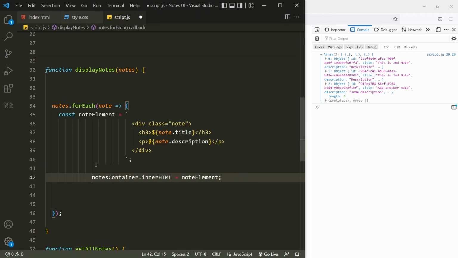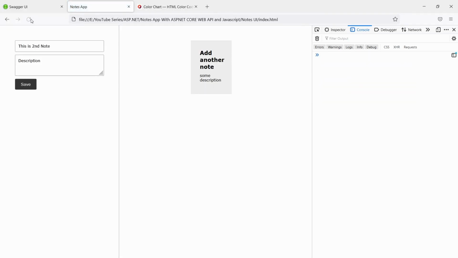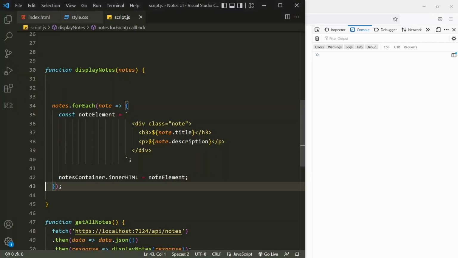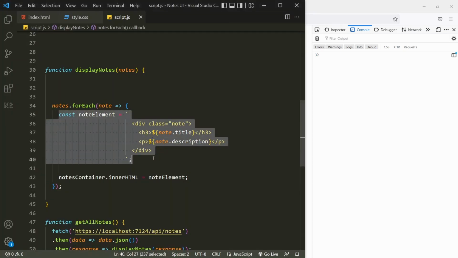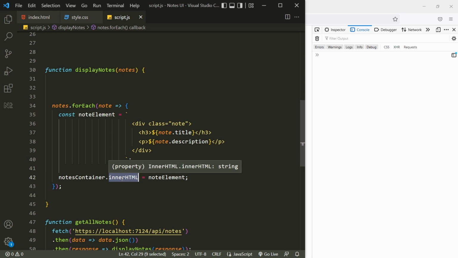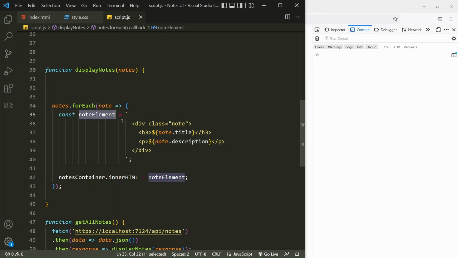I'll pull this back like this and save it. If I come here and refresh this, you can see there's only one note added over here, and the reason for that is it's the third one, because it's always changing the inner HTML of the note. So we don't have all the elements, we just have the last element. So we want to basically have another string which gets appended with all the elements first, and then we assign